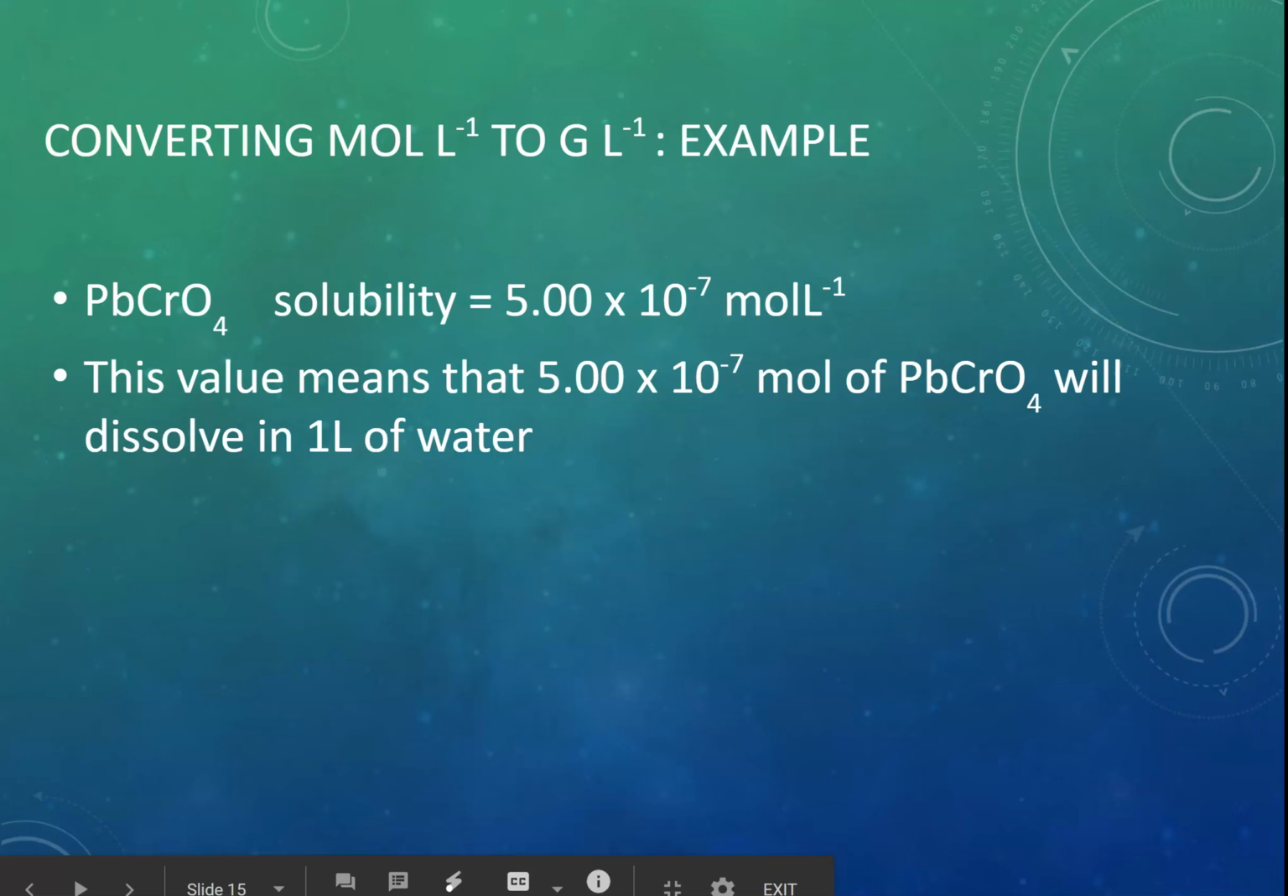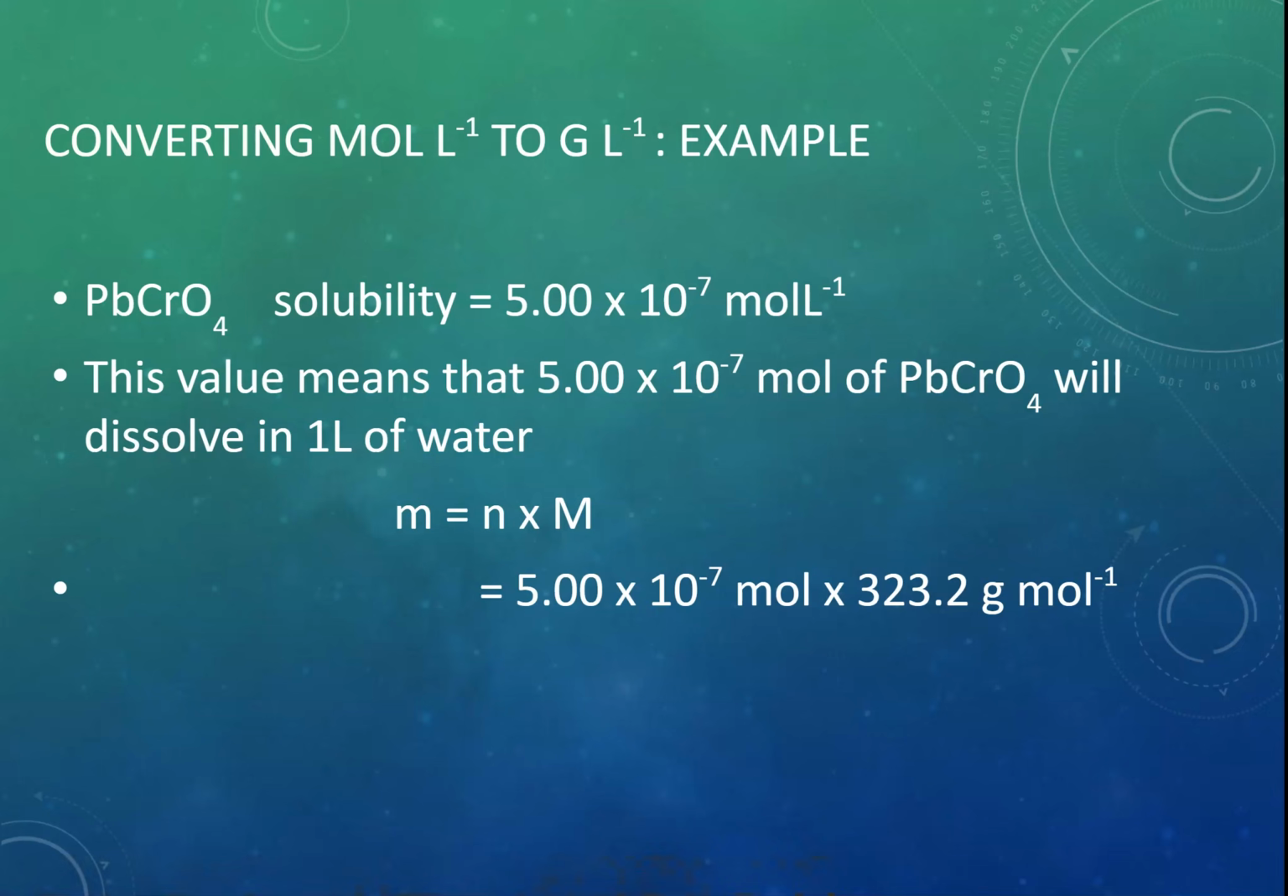the first thing to think about, let's imagine we've got lead chromate. We've been told its solubility is 5 times 10 to the minus 7 moles per litre. What that means is that 5 times 10 to the minus 7 moles, or 0.0000005 moles of lead chromate will dissolve in 1 litre of water. Those units, remember, they tell you something useful. So if I've got 1 litre of water,